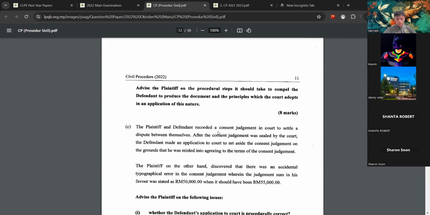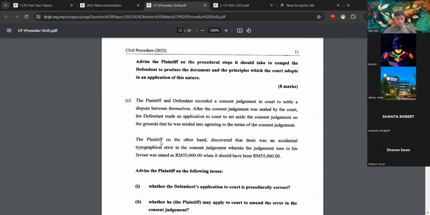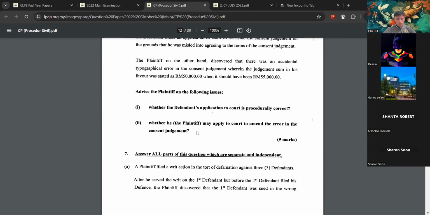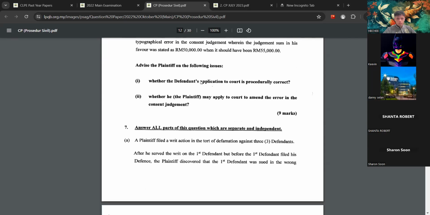Plaintiff and defendant recorded consent judgment to settle dispute. After consent judgment sealed by the court, defendant made an application to set aside consent judgment on the ground that he was misled. Now, the plaintiff, on the other hand, discovered that it was an accidental typo error in the consent judgment. Instead of 50,000, it should be 55,000. Answer the following. Whether defendant's application to the court is procedurally correct. Well, this one